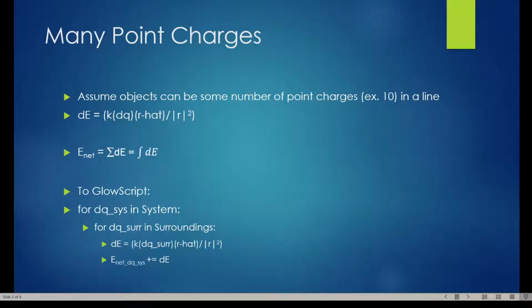When converting this to GlowScript, you use a nested for loop, where the outer for loop iterates through the system being broken down into point charges, and the inner loop being the surroundings being broken down. This creates the effect of all E fields, and by extension F net, being calculated on the system's point charges one